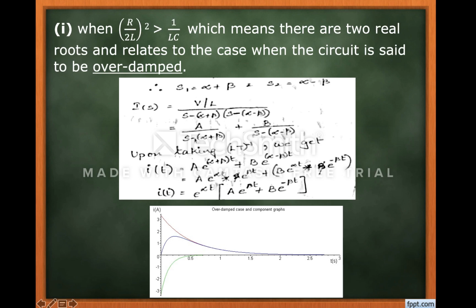So this term, when you take the Laplace inverse, is of the type 1/(s - a). As I said earlier in class, for any 1/(s - a), when you take the Laplace inverse, it becomes e^(at). So if it is minus, you will be getting it as positive; if it is plus, you will be getting it as minus. So this is minus, therefore you will be getting e^(at), that is e^((alpha + beta)t). And this term is also e^((alpha - beta)t), which is positive. So you will have two such exponential terms.